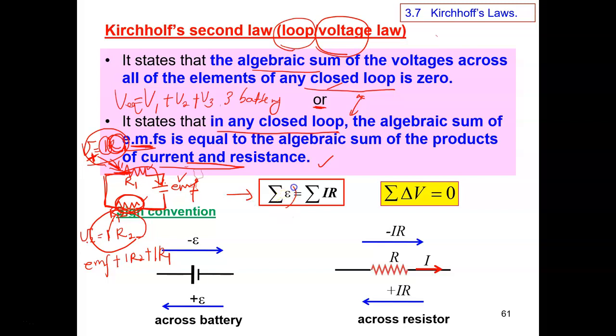So the total of EMF in a closed loop is also equal to the total of the product between I and R for each element in your circuit. And the total of potential difference in a closed loop is supposed to be equal to 0. Now, before we